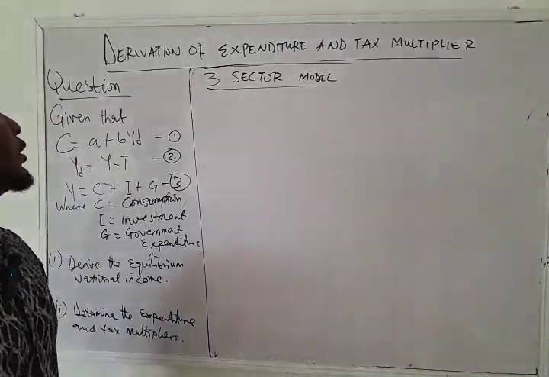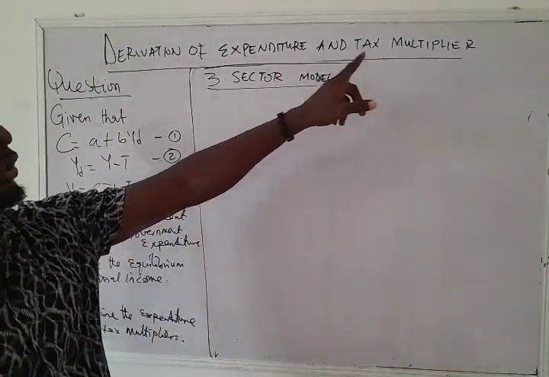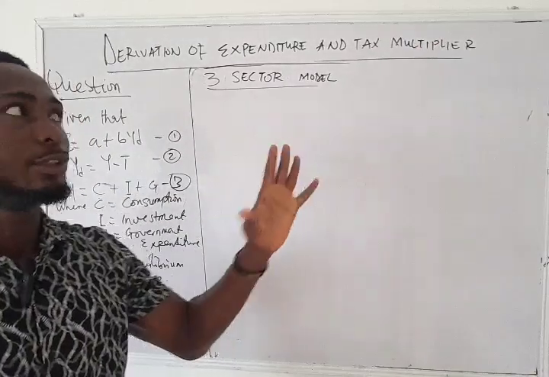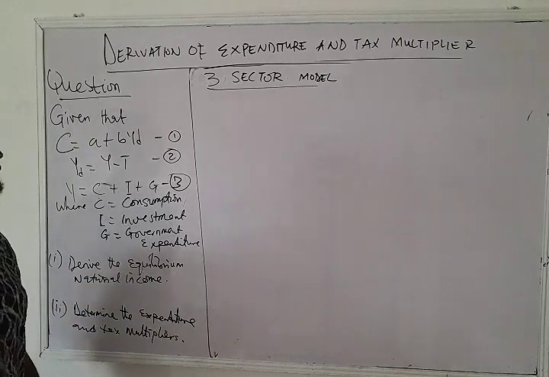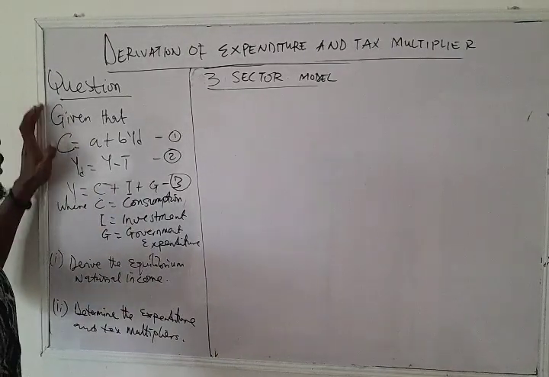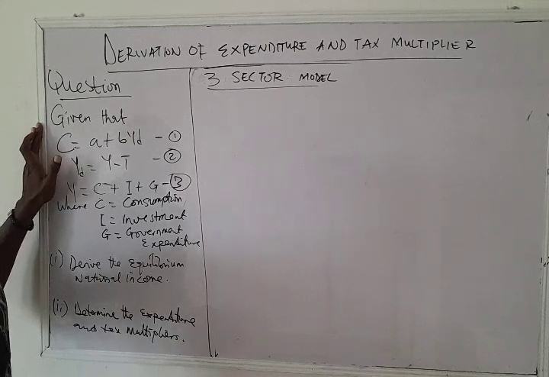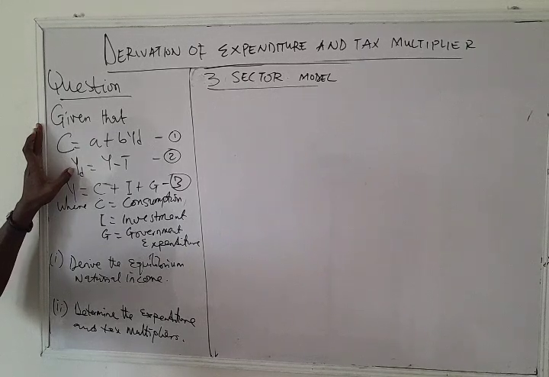Hi, in this video we are going to see how we can derive the expenditure and tax multiplier in a three-sector macroeconomic model. And we have a question or an example with us here, and it reads that given that consumption is equal to A plus B YD, as our equation 1,